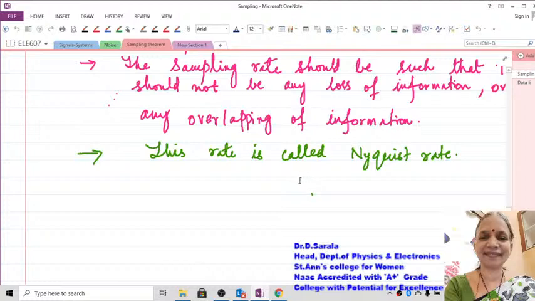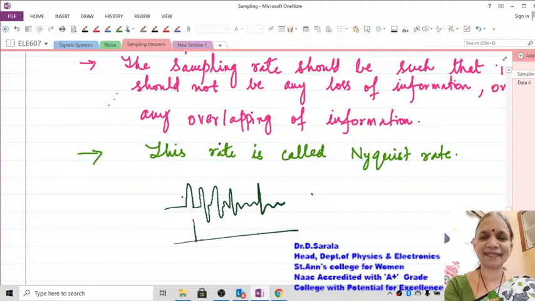Say different signals are coming; before the first signal is ending, the second signal should not start. What is meant by overlapping here is like this. Suppose I send some information like this. The information is ending here. The second information should start something like this. There should be some gap, continuous time. So when you are taking a sample here, this is high, then when it is ending, give some time. Here you should take a sample. If the signal is ending here and another signal is coming, you should give some gap there.